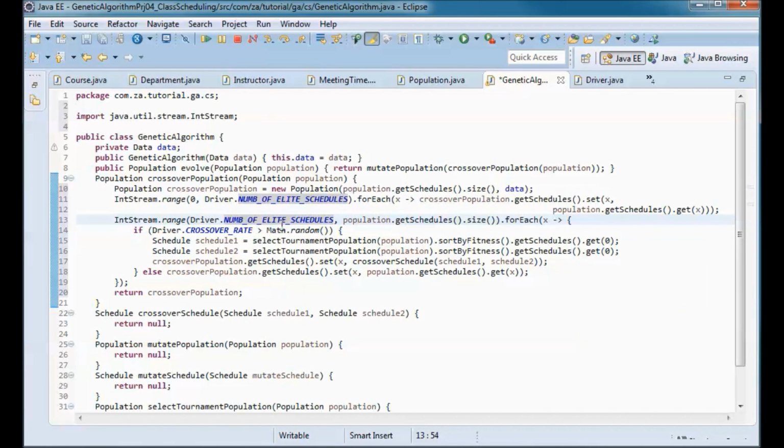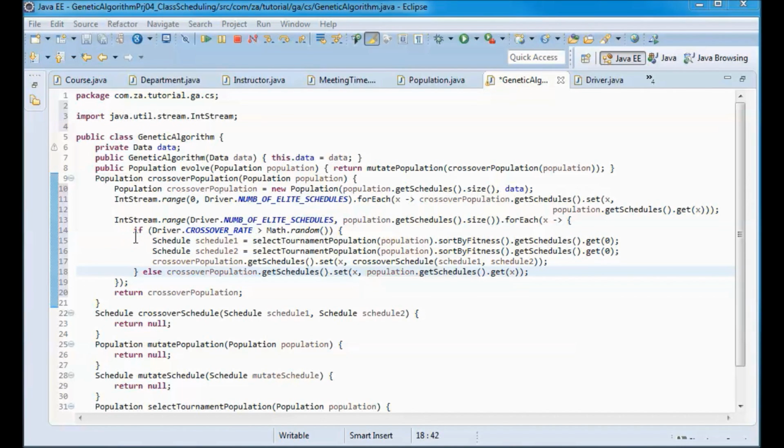So I will start from 1 and go over all the remaining schedules in the population, and only perform crossover if crossover rate is bigger than a random number, Math.random. Otherwise, I will take the schedules as is from the original population and put them in this new crossover population.